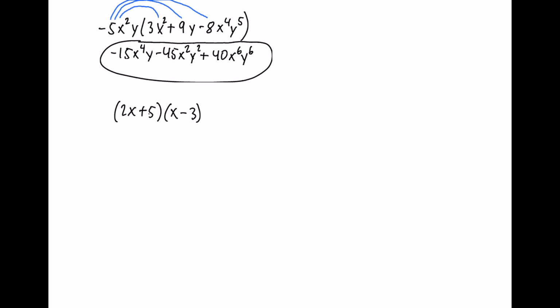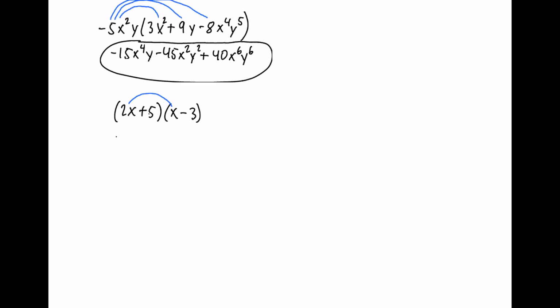Alright, now for the next step in the scale. A binomial, 2 terms, times a binomial, 2 terms. So it's the same principle, you're using the distributive property, except you need to multiply everything in here by everything in here. So, let's start with 2x. So we want to multiply 2x by the first term in the second binomial, x. So, first term times the first term. So 2x times x